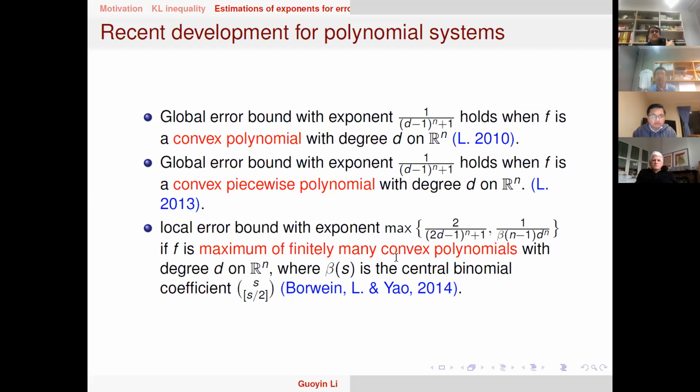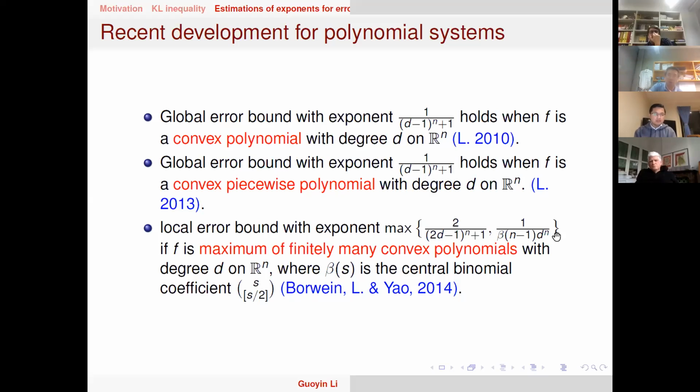Together with Liang Jin and also John, who unfortunately passed away now, we look at the case when f is a maximum of finitely many convex polynomials. In this case, we couldn't get the global error bound. Actually, the global error bound in this case in general fails. We have a counterexample, but the local error bound still holds. And it also has